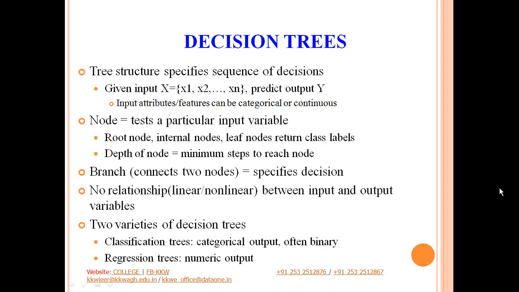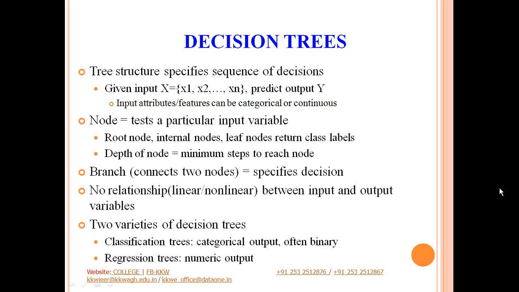So what are classification trees? Basically, classification trees are the trees where your outcome variable is categorical. Now when we say categorical, we often mean a binary variable, that is, it has either a yes or no outcome, play or not play outcome, buy or not buy outcome, has a disease or not has a disease outcome, and so on and so forth. So this is called a categorical output.